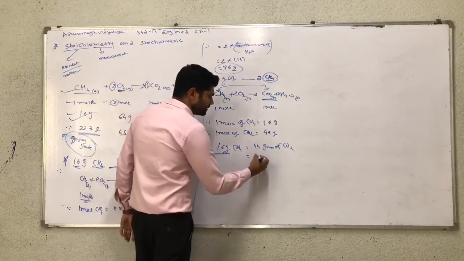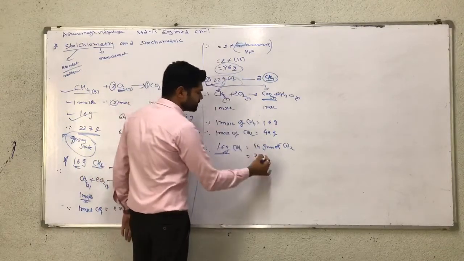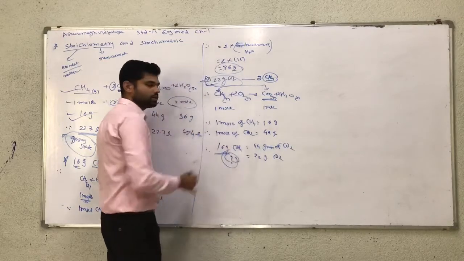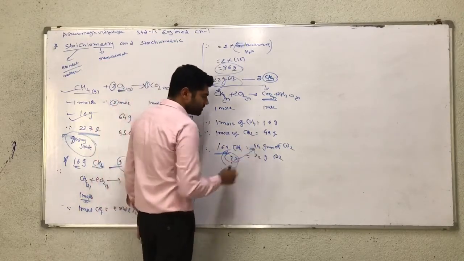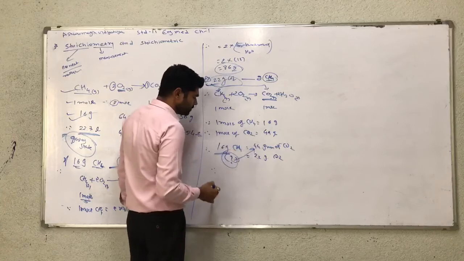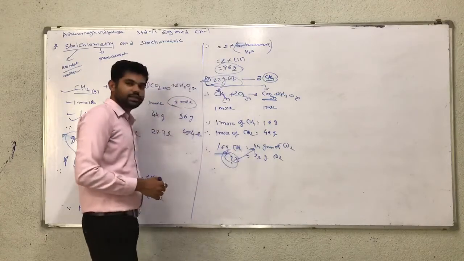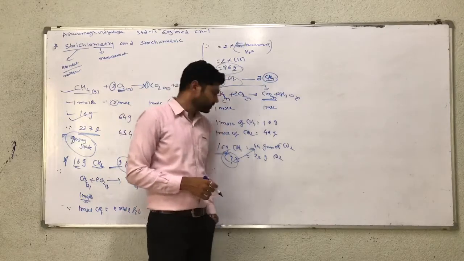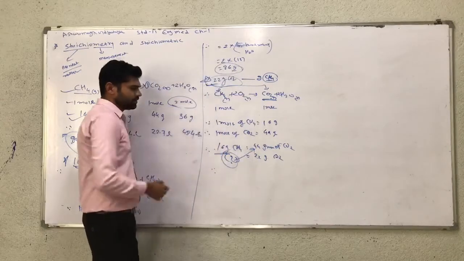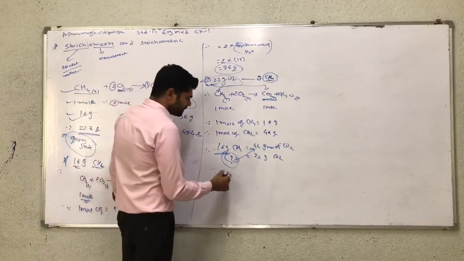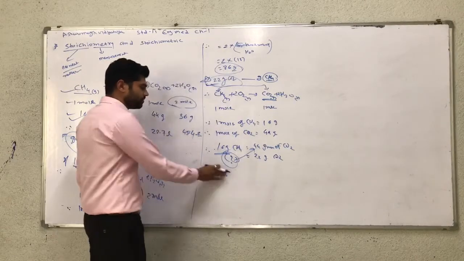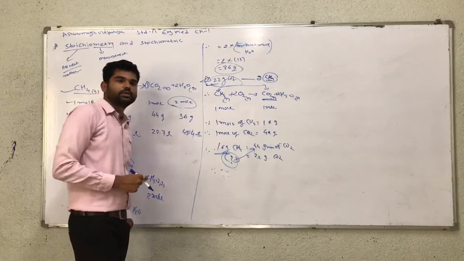It means 16 grams of CH4 burn to produce 44 grams of CO2. In the question, how many grams of CH4 are equal to 22 grams of CO2? The question mark takes the opposite division, multiplication out of the 2 terms. Therefore, 16 multiplied by 22 divided by 44. 16 grams of CH4 burn in the presence of 44 grams.